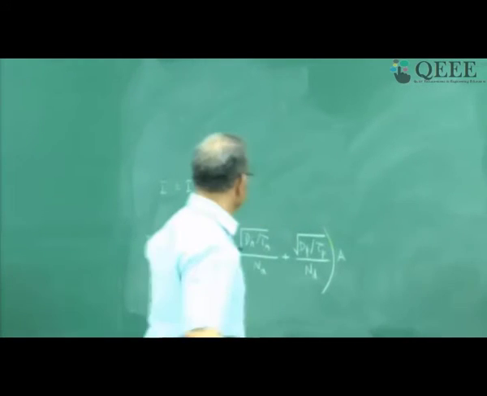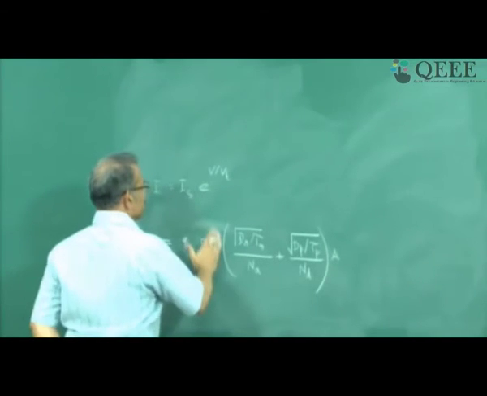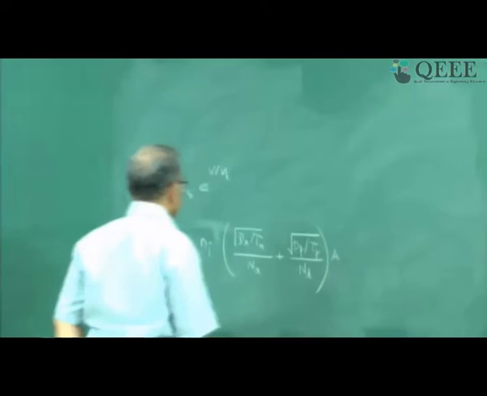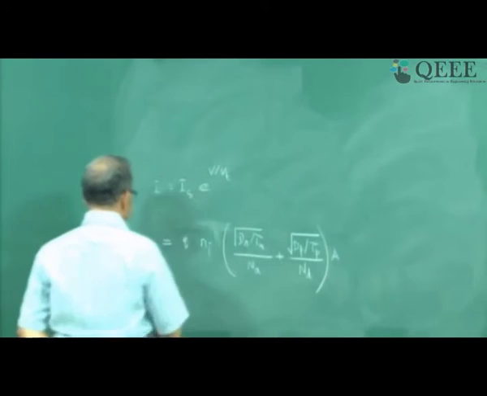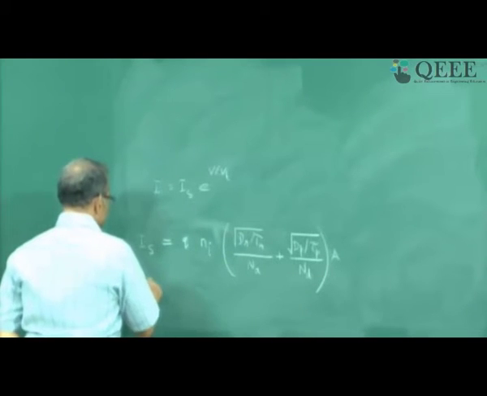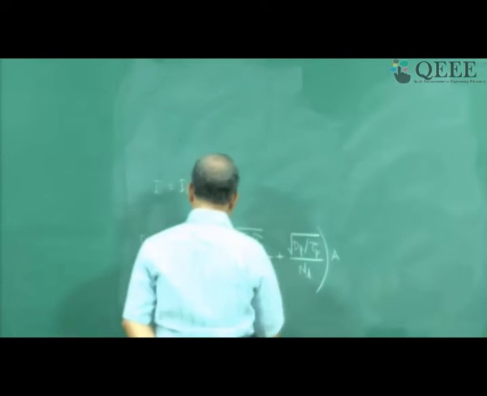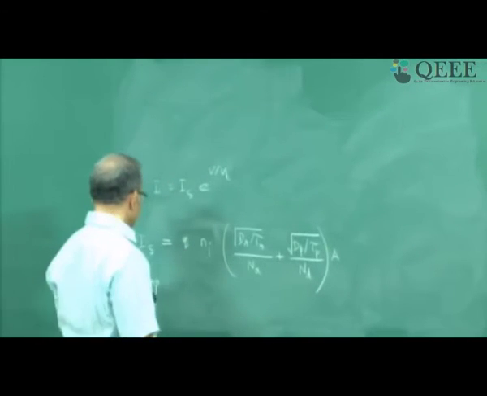Now whenever we write a lengthy equation like this, we are likely to forget some terms. For example, I could make a mistake. I may write this as Ni alone instead of Ni square, right? Now how do I know whether I have made a mistake? So let us put the units. Is, the unit should be amperes, you know that. So the right hand side units should turn out to be amperes.